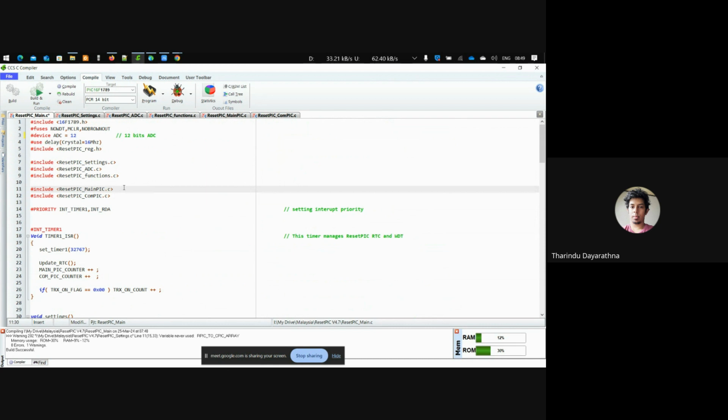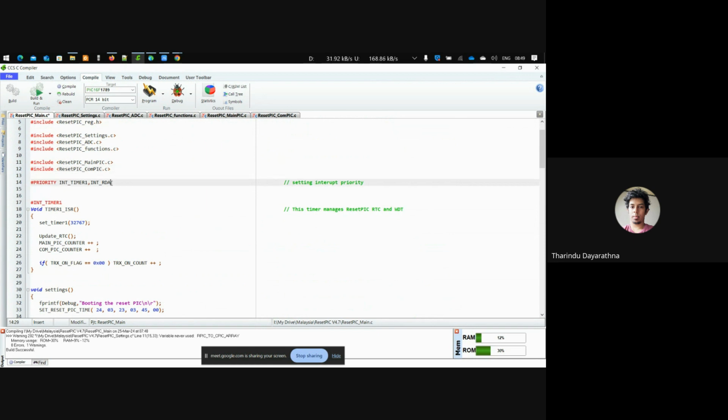This way is there in the burst 3 code, so you can go to every tab and get it. Then I said I have 2 interrupts. One is timer 1 interrupt. The other one is UART interrupt. So using this line, I can prioritize which